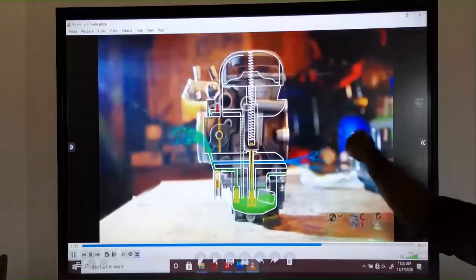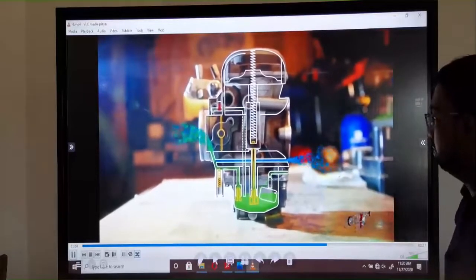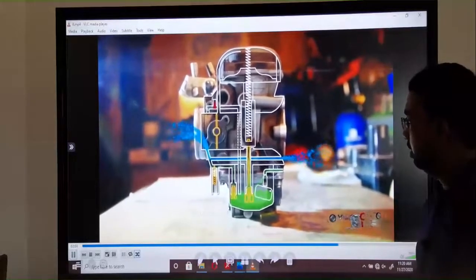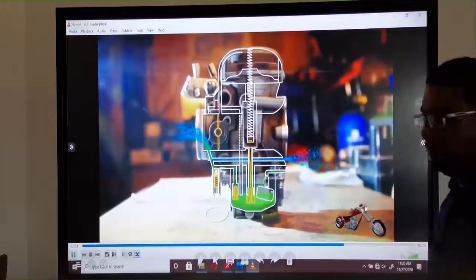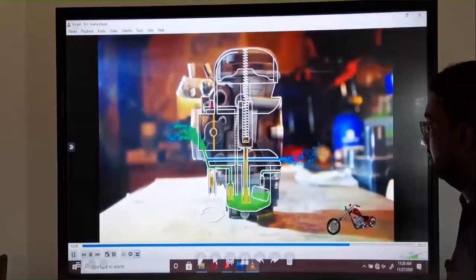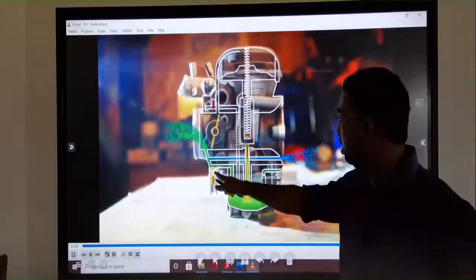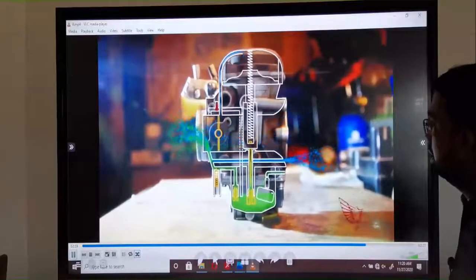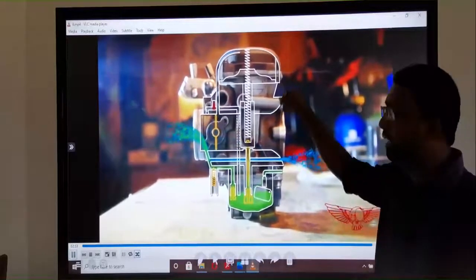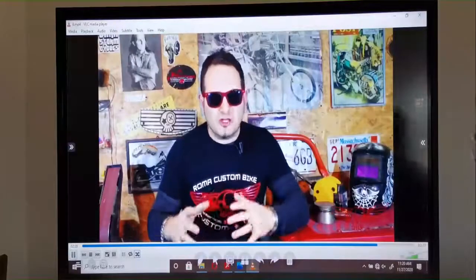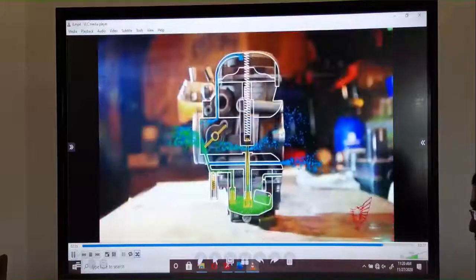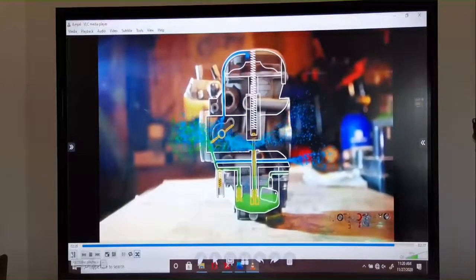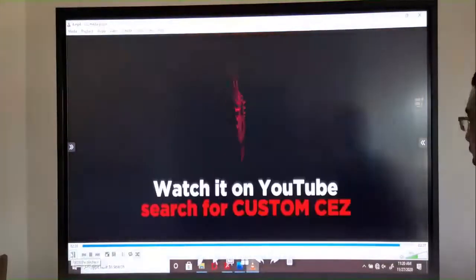Now this choke valve is closed, so the fuel comes through this. Now this is the idle condition. You can see clearly how this fuel comes to this reservoir. Now we can adjust the idle screw. Now the throttle is closed, so this diaphragm is also closed. So this is the function of the diaphragm carburetor.